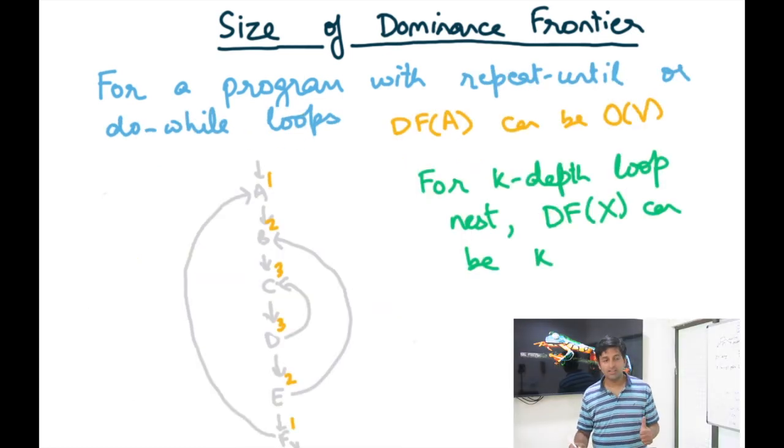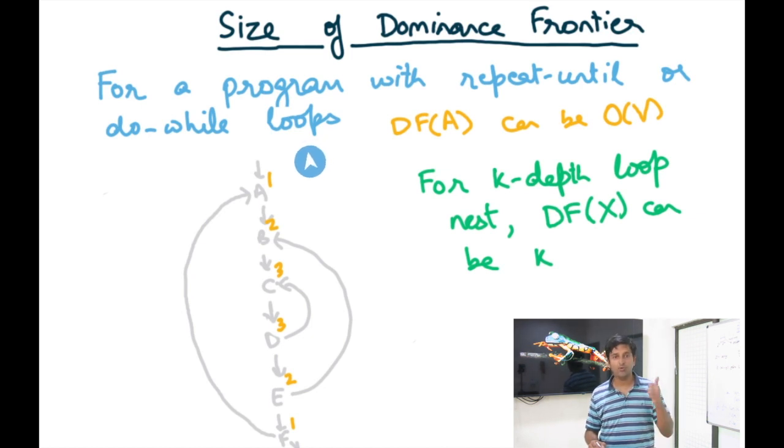Now, that's good news, that the dominance frontier will always be less than or equal to 2, which means that the average size of the dominance frontier will always be less than or equal to 2, which means that the first step will only take linear time. The second step, because of the first step, is also going to take roughly linear time and so on. So it's going to be small, but that's not what really happens in the real world,